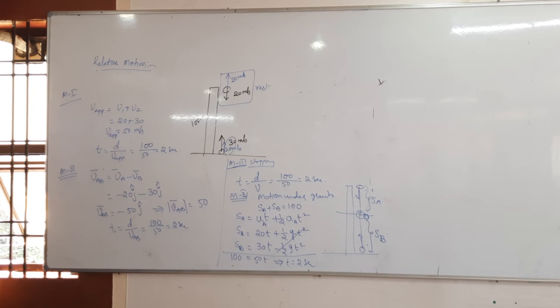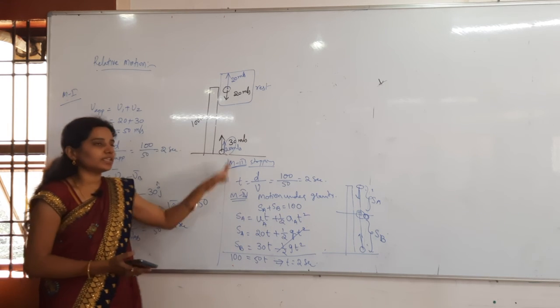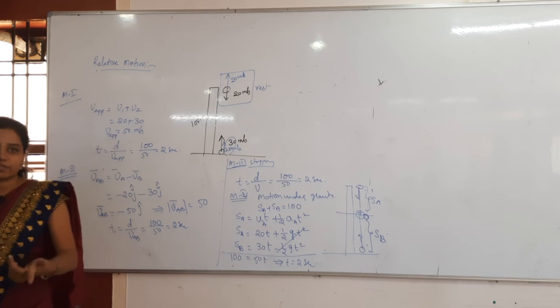Next, write a problem. All these methods are very easy whenever the bodies are moving in only one line, that might be horizontal or vertical. Now we will take 2 dimensions. Here everything is in 1 dimension only. In the earlier case also, A and B were approaching each other in 1 dimension only, along the positive or negative x-axis. In this case also both are moving along the y-axis only, vertically in the same straight line. Next one is a plane, we will discuss now.